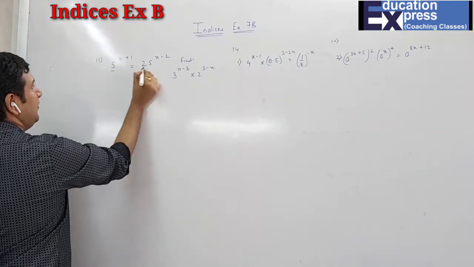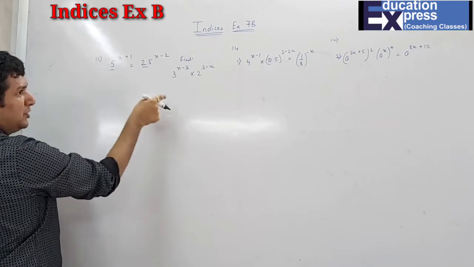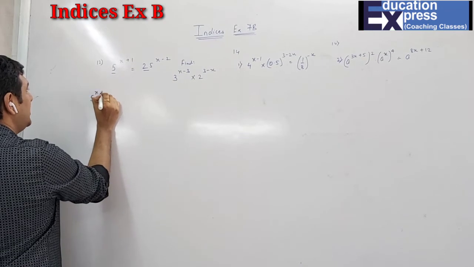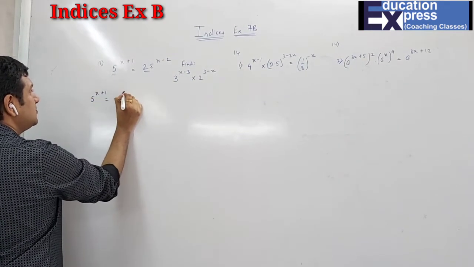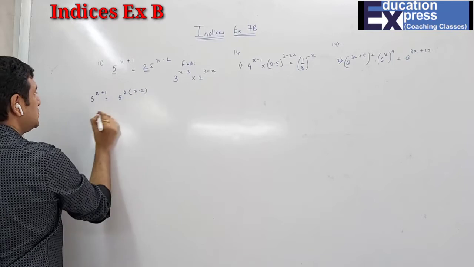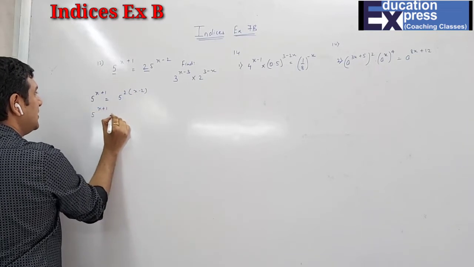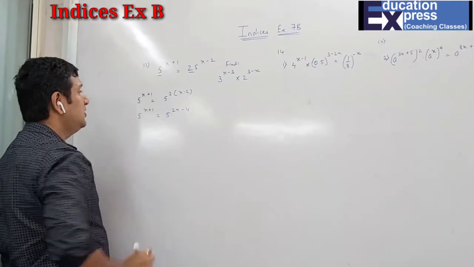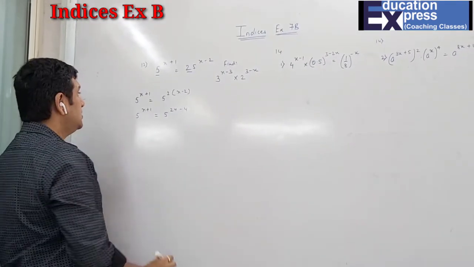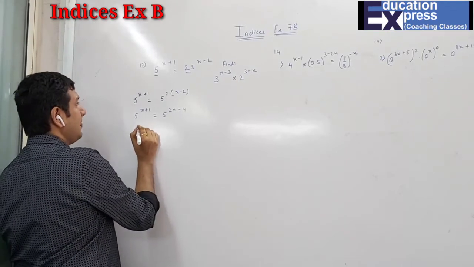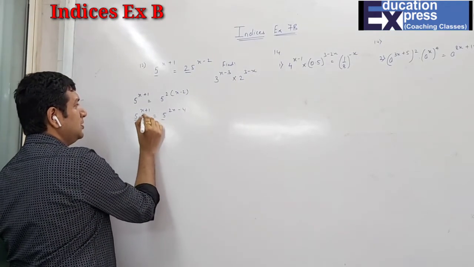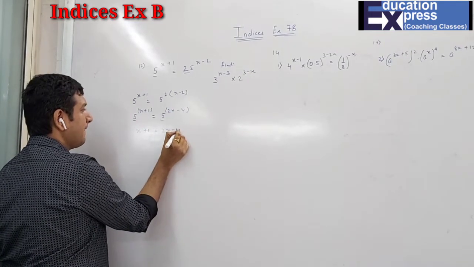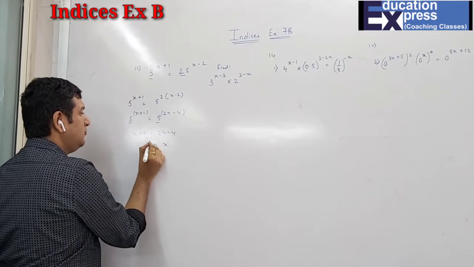Again you can see that we have two terms, one on either side. I can definitely make the bases same and solve the further part. 5 raised to x plus 1. What is 25, students? 5 square, so x minus 2. So 5 raised to x plus 1 is 5 raised to 2x minus 4. Everyone, students? No questions till here? So now here what do I do? Bases are same, so comparing their powers, x equals 5.